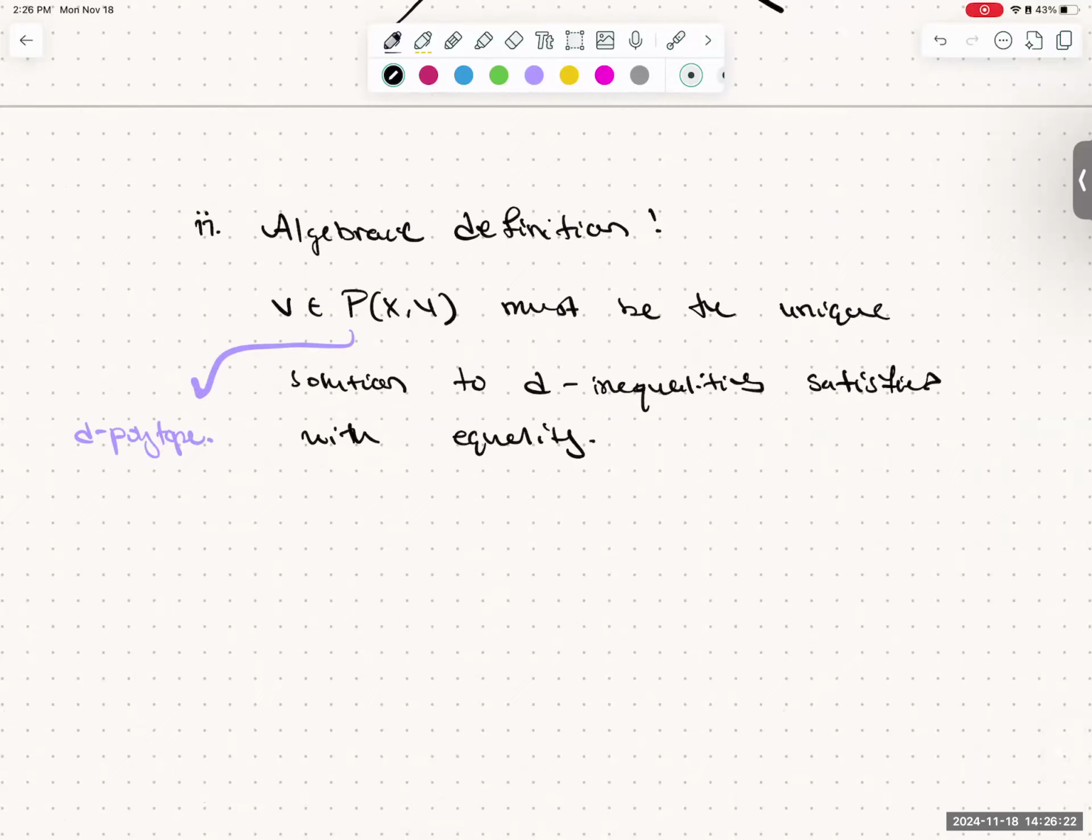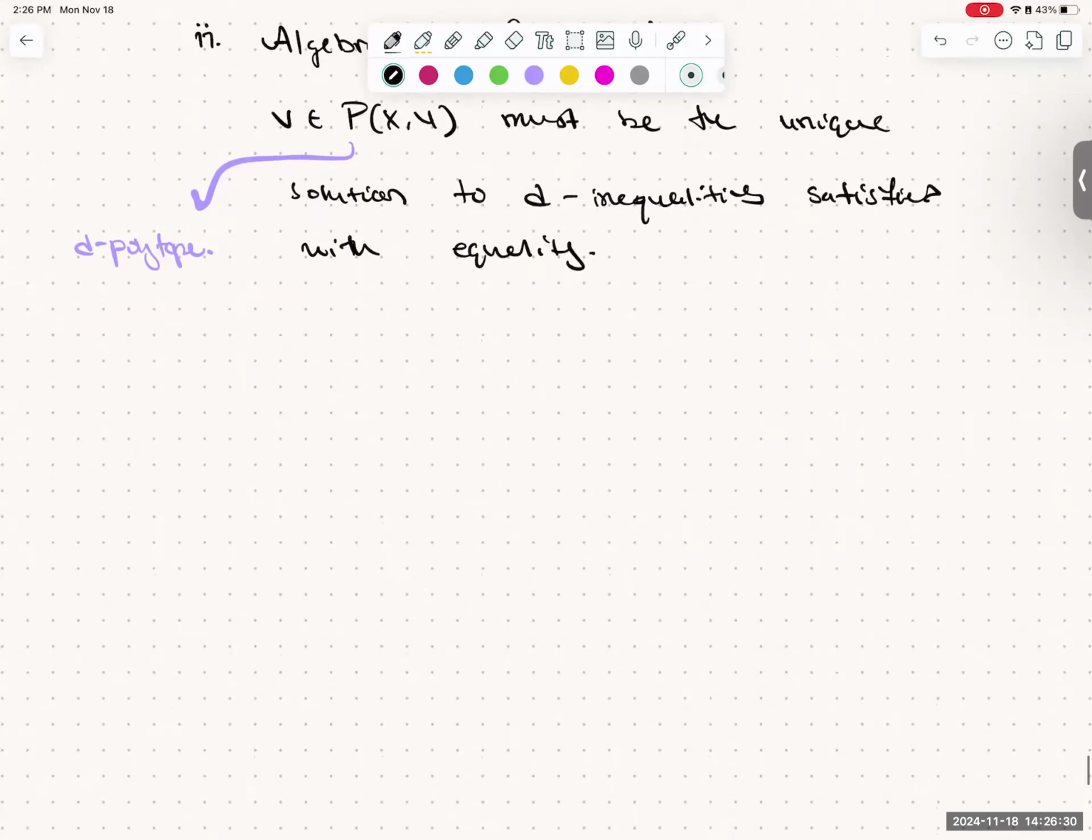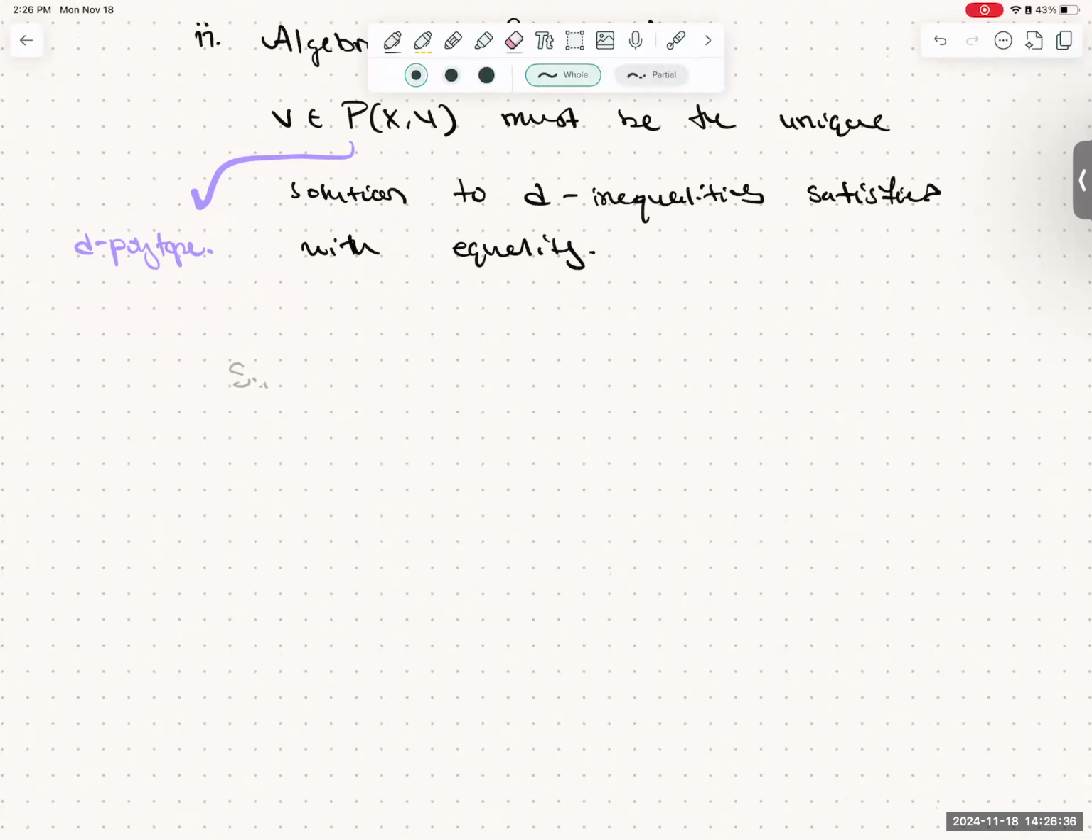Is this okay? Does this make sense? Okay, so maybe I will write it a little bit more. So suppose I have a P polyhedron